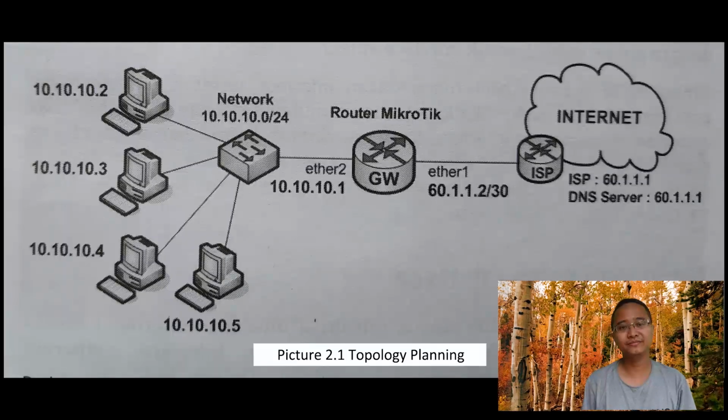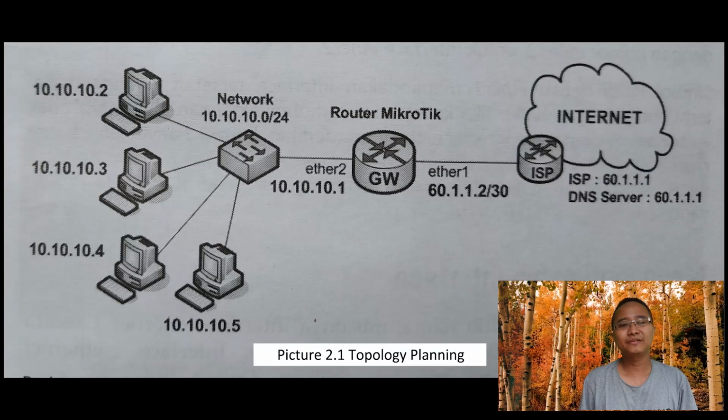MikroTik router itself. So in this chapter I will discuss basic configuration of MikroTik so we can define interface connection. By learning this chapter, I hope you can build one local network in the office or the school that can access the internet. The topology that we will use in this chapter looks like the picture above.